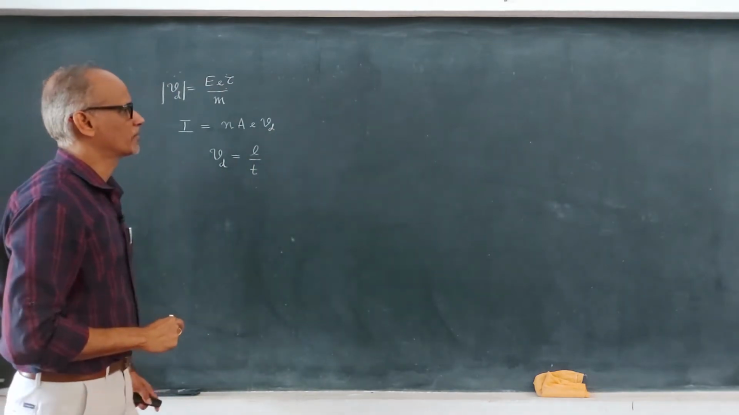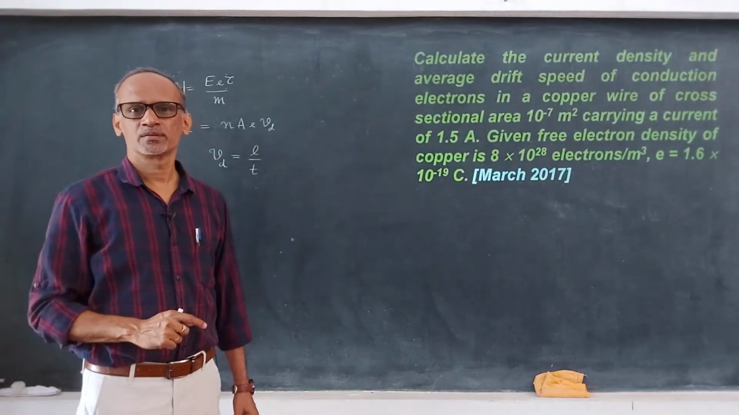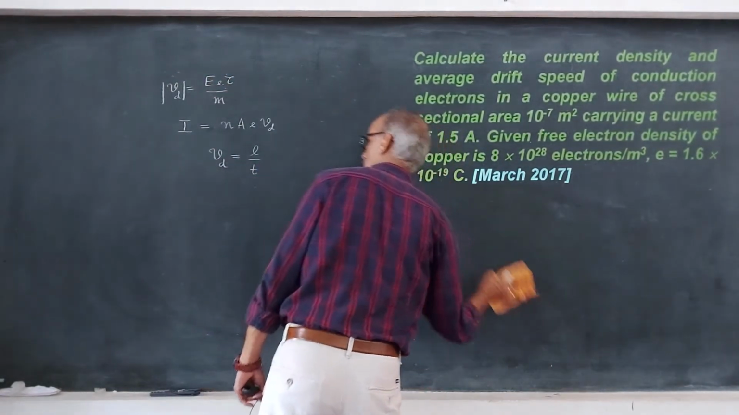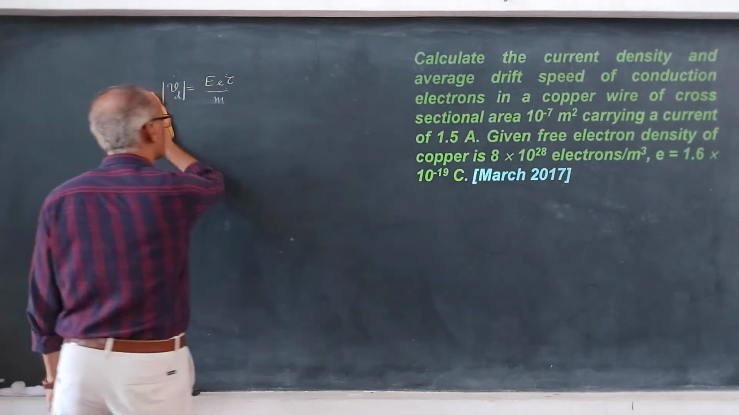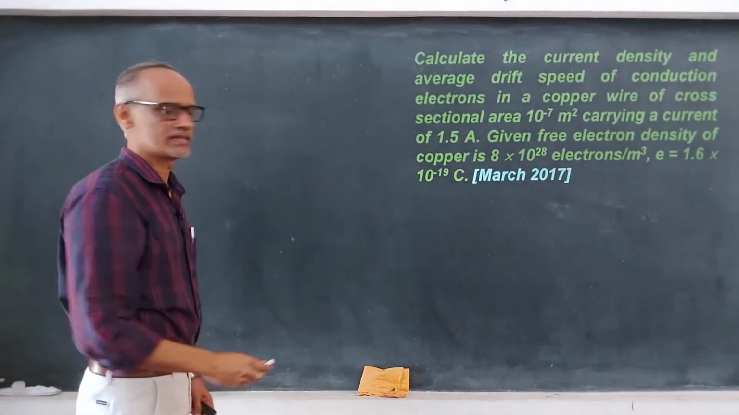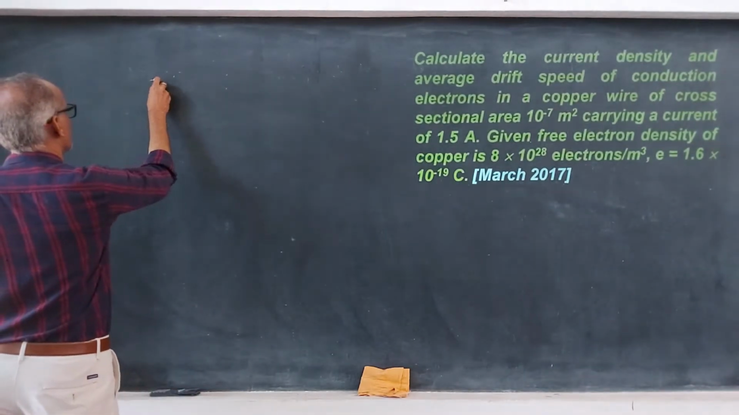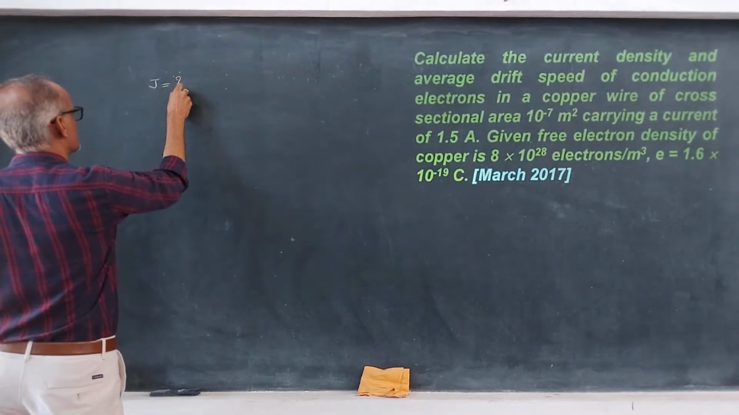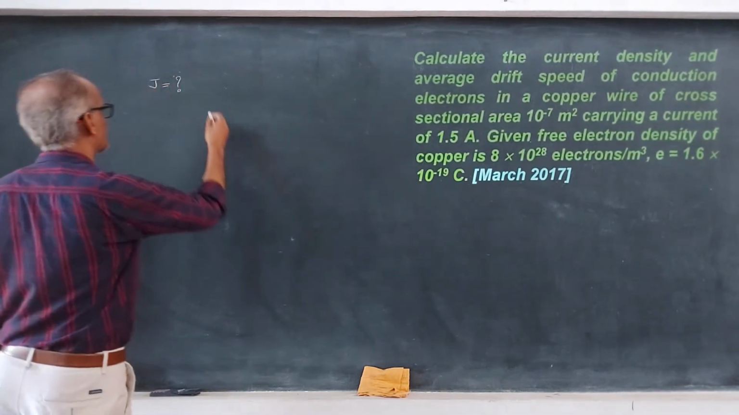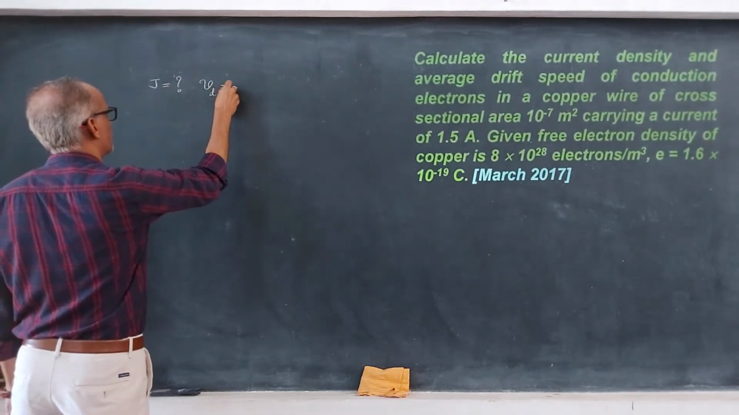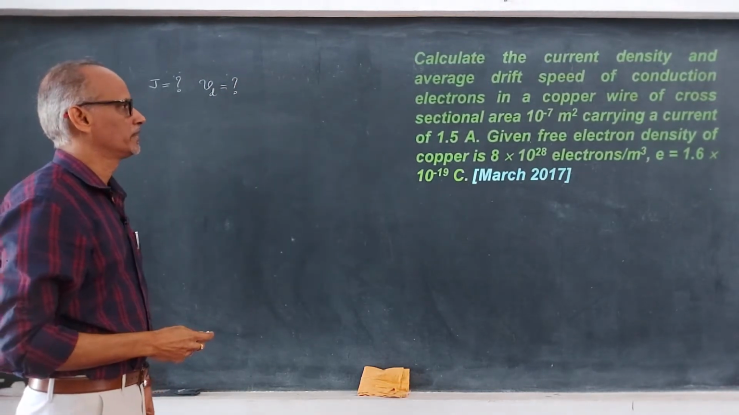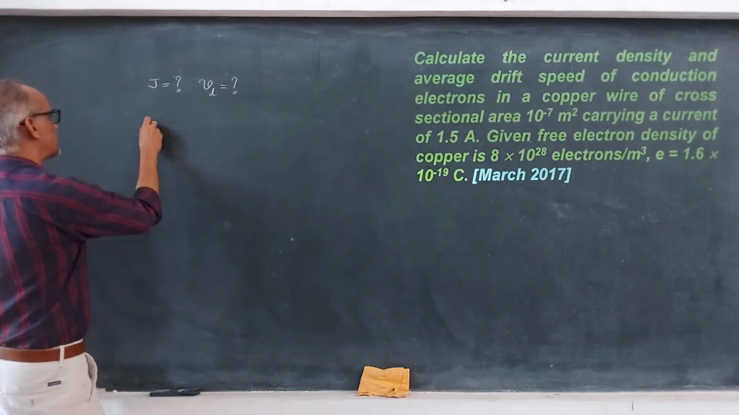Now, based on these equations, let us try a numerical from the March 2017 examination. The statement goes like this: calculate the current density, which is J, and the average drift speed Vd of the conduction electron in a copper wire of cross sectional area